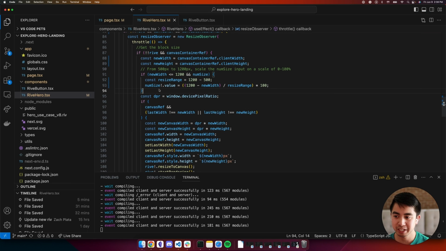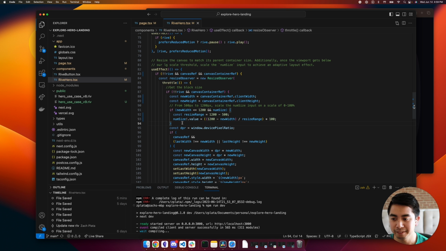So the calculation I really want to set for this numSize.value here is, well, between that 500 to 1200 pixel range, that's about 700 pixels of a range I want to get here as the denominator. I want to figure out how close is it to 500? And the closer I am to 500, the closer this value is going to be 100%. If it's closer to 1200, I want this to be closer to 0%. Essentially, as the viewport gets smaller, the numSize value should increase. And so we're just trying to get a percentage based on the current new width that the div has resized to, to try and figure out where in that range it lies, so that we can constrain that helmet view that we're seeing with the viewport.